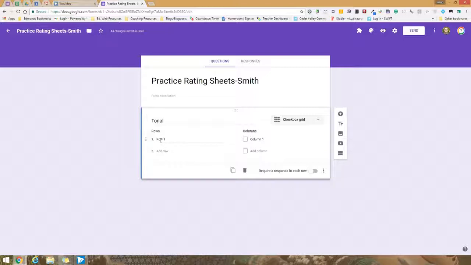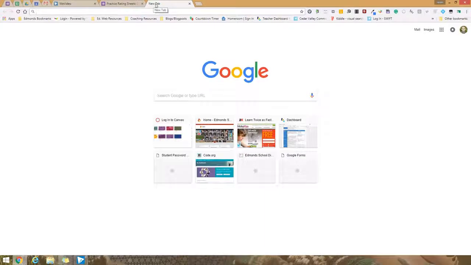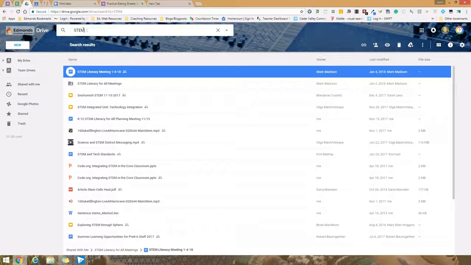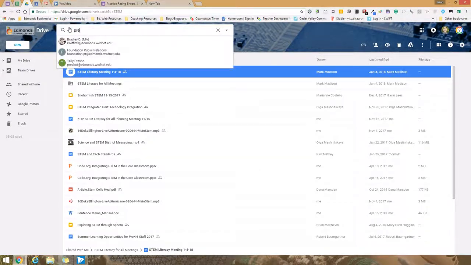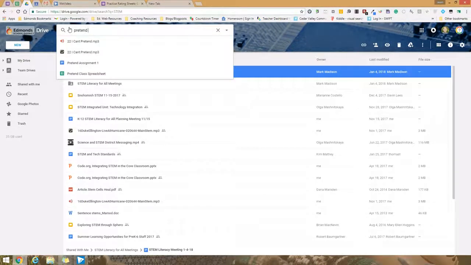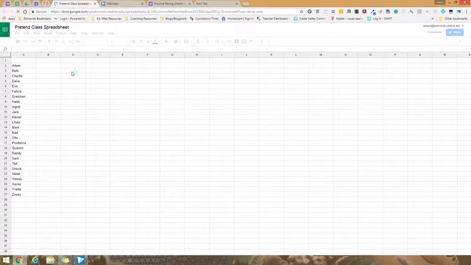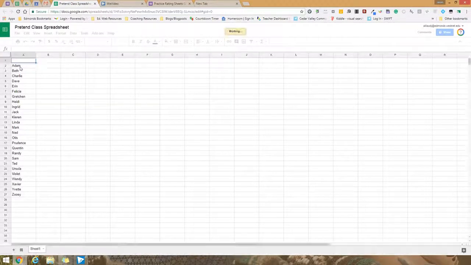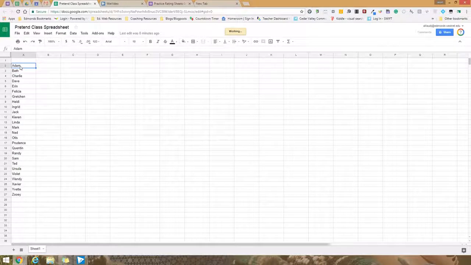One nice thing about forms is that if you have a class list already in a spreadsheet, you can actually copy and paste. So I've made a pretend class spreadsheet. To find it, I'm going to go ahead and go into my drive and search for pretend class spreadsheet. You can see it comes up right there. I don't have anything in this but a list of names that I made up. But if I click on the name list and highlight it